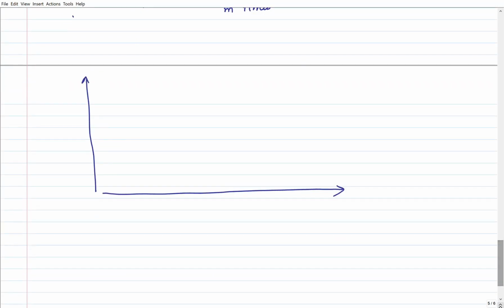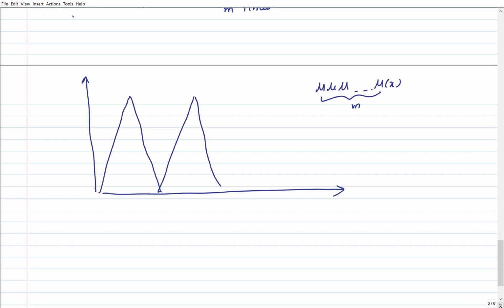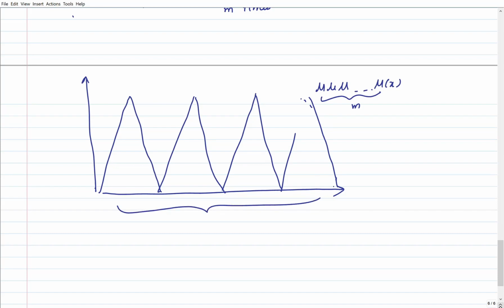A map applied m times is going to have, so on and so forth, so this pattern repeats. Ultimately, this is 1, and this is going to have m of these bumps,